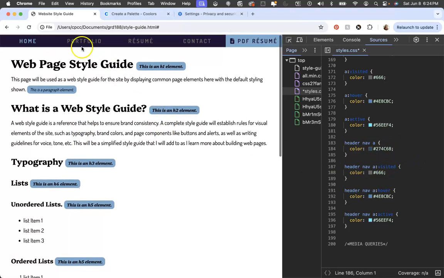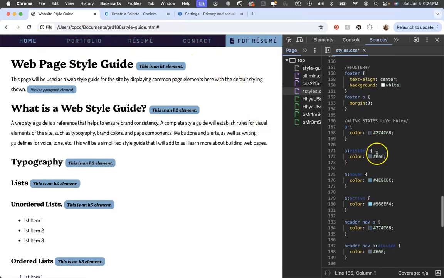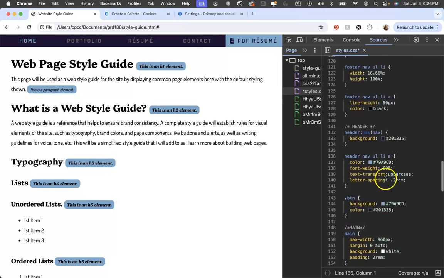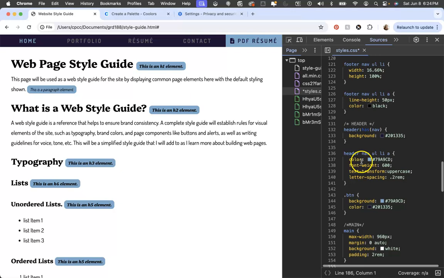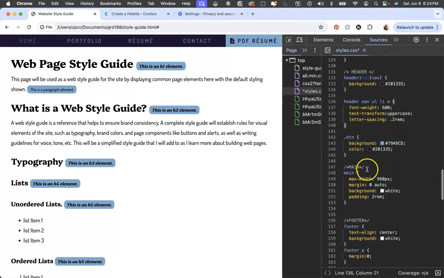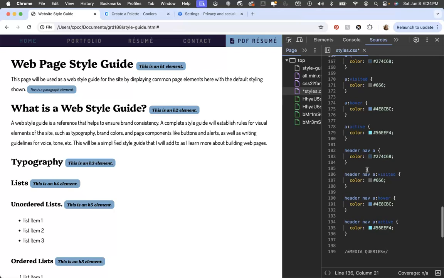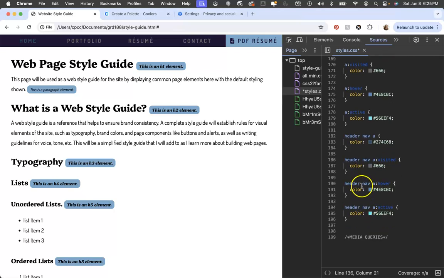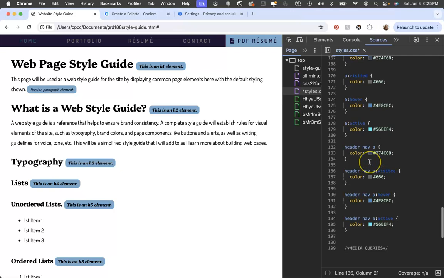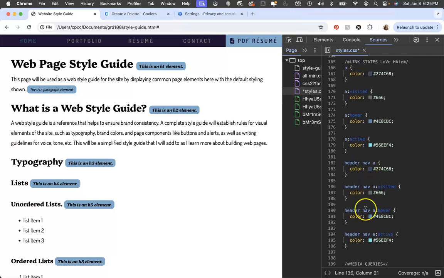And then I want to choose colors that are specific for this use case for these. So right now, this color, we already declared somewhere else, so we're probably going to want to grab that. You see this header, nav, UL, LI A. This is basically the L, the love of this one, right? But what I can do is just move the color of the link state out of here and keep all the other typography that I've done there. Of course, how we organize these is also subject to debate. You just want to make sure that you have some sort of system that you're following so it's easier to find them. I'm going to come here and declare